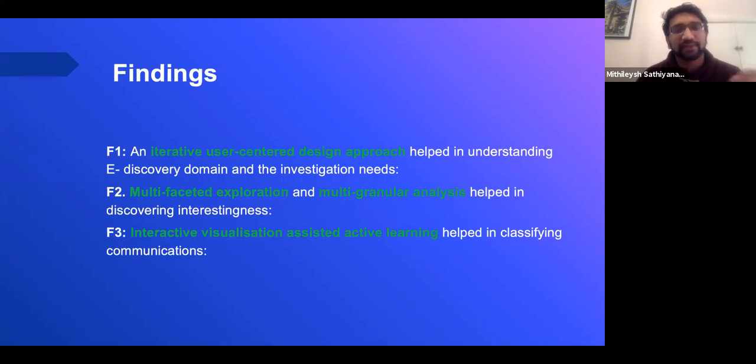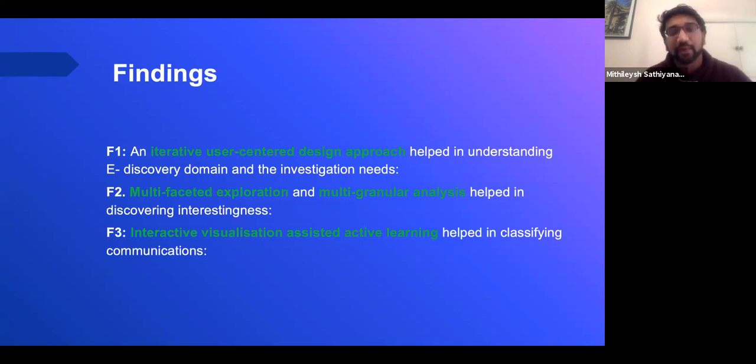So what I want to say is, in terms of findings, we were quite happy with the way we were able to conduct the user-centered design approach. And the other finding was multifaceted exploration. When you integrate time, individuals, content, and the thread, that forms a multifaceted exploration. If a person is interested in time, then he starts clicking on the particular time of interest, and then it starts demonstrating what exactly happened with the patient, who the consultants were that took part, and what kind of history notes or management plans have been taken.